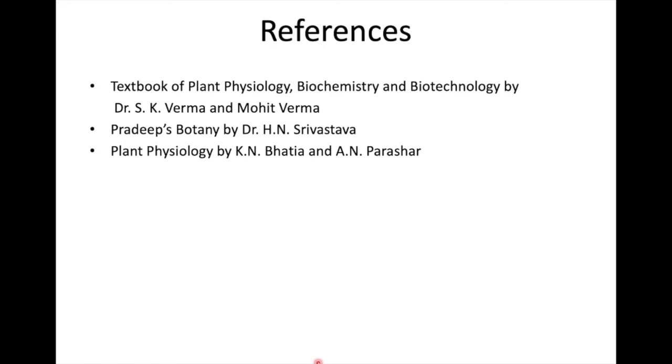This is all about the discovery of enzymes, nomenclature of enzymes, and classification of enzymes. In the next lecture, we will discuss the chemical structure, different types of enzymes like holoenzyme, isoenzyme, apoenzyme, and the different characteristics and properties of enzymes.